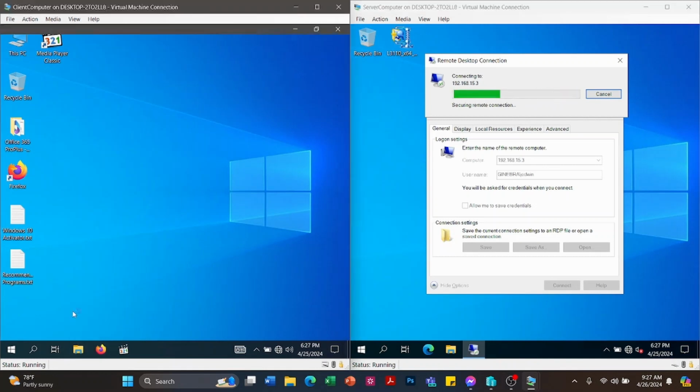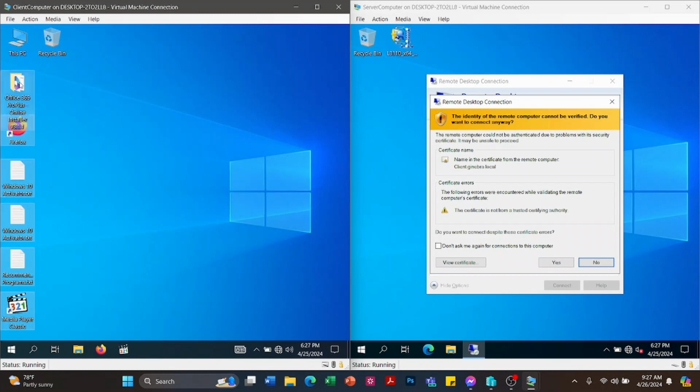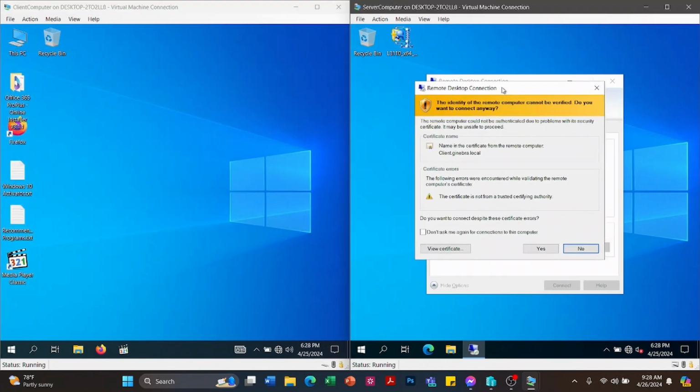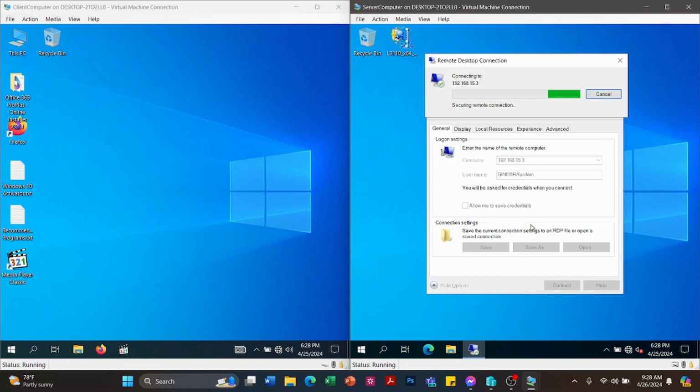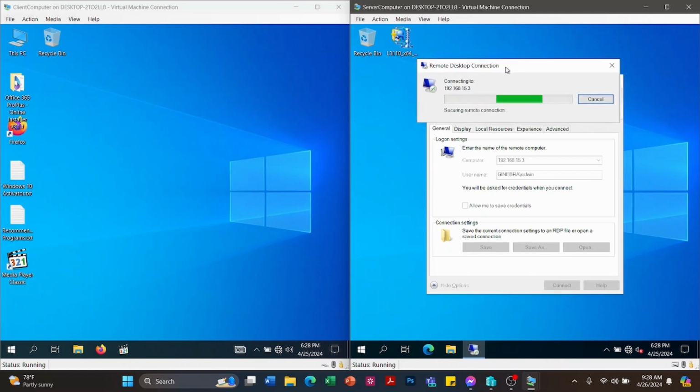So that's what the problem was. I don't know how it got disabled, but we already enabled it a while ago, and I don't know what happened in there. So just re-enable it if you encounter a problem that the remote desktop is turned off. Okay, so just turn it on again. Click don't ask, then select yes. Okay, so that's a sign that the remote desktop is working. So let's wait for the client computer's response for the remote desktop connection.